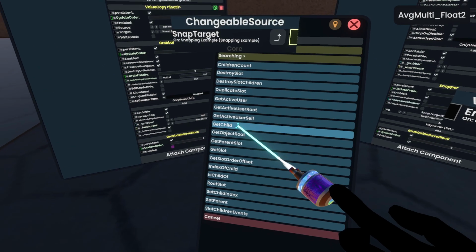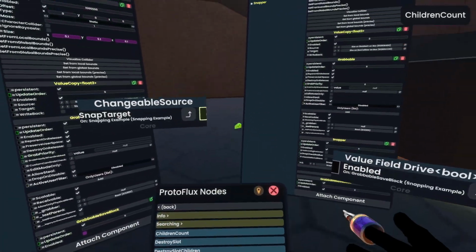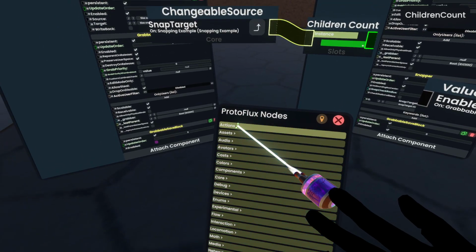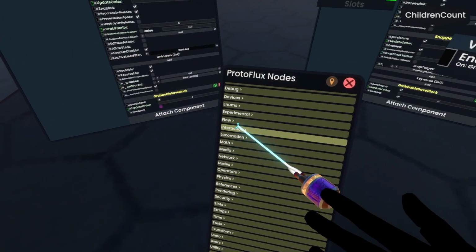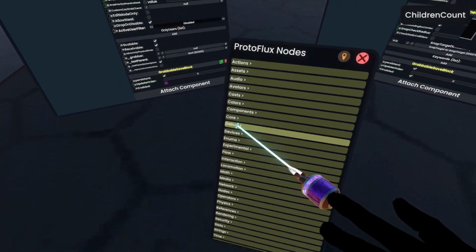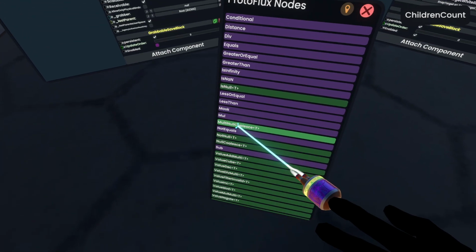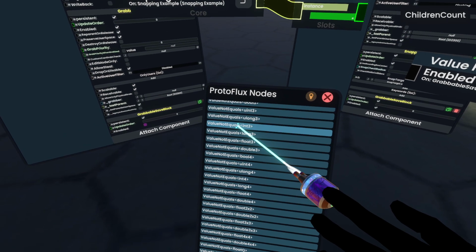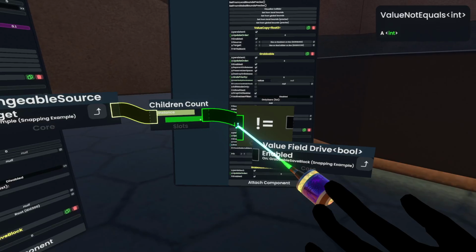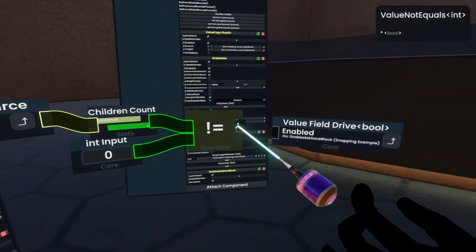that the cradle children count, and then it would be, sorry, math, I always get that wrong. Here we are, operators. Not equals, value not equals int. There we go. So here we can say, hey, if the children count is not 1, it's not 0, then